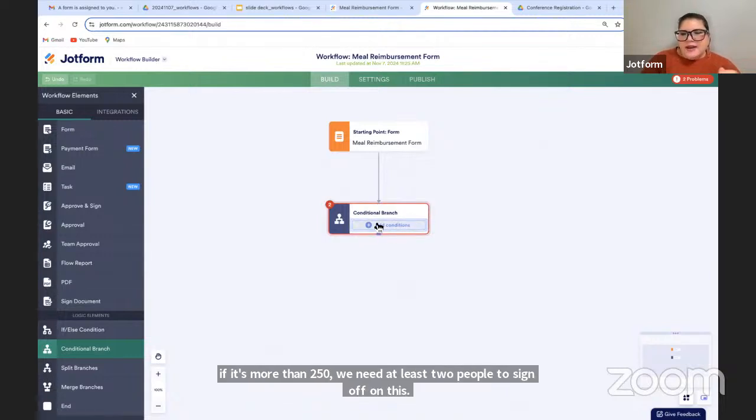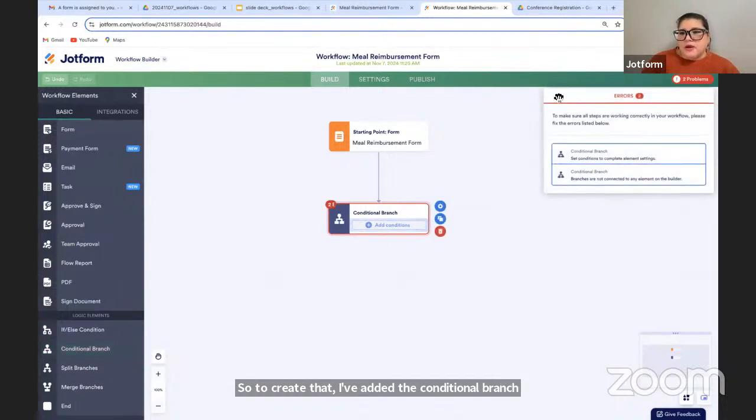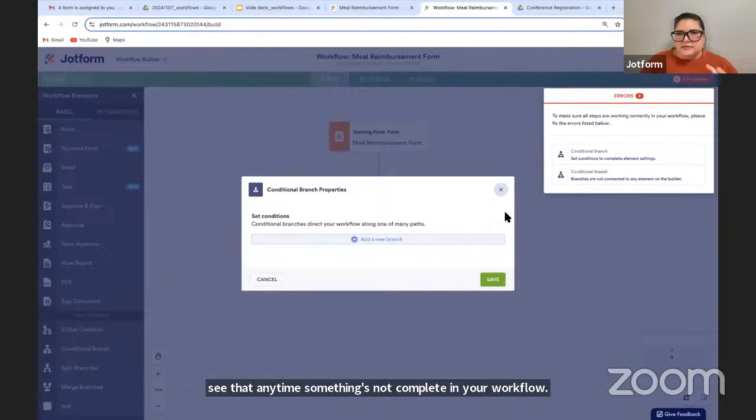So to create that, I've added the conditional branch here. You can see I have an error warning here because it's not connected to anything yet. You can click on that to get more information about what the error is. You'll see that anytime something's not complete in your workflow. And I'm going to hit add conditions to complete the action here. Anytime you add an action, whatever action it is, you will see settings to complete that action. So in this case, it prompted me right away to complete these settings, and it's going to ask me to